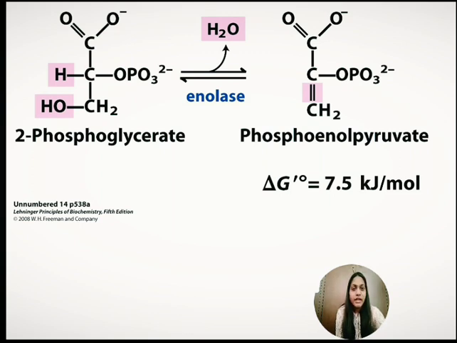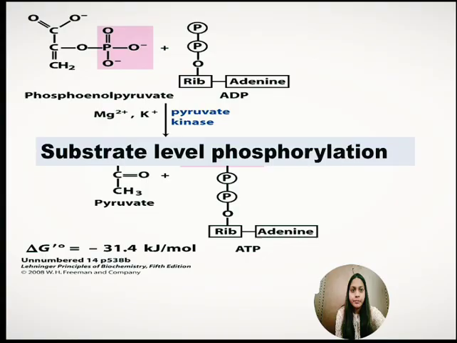In the pink shaded area, you can see H2O is being released, and the remaining structure is phosphoenol pyruvate. The phosphoenol pyruvate so formed is finally converted to the final end product of glycolysis, that is